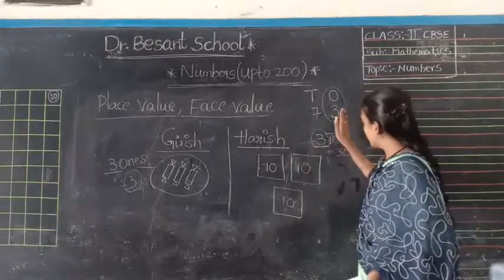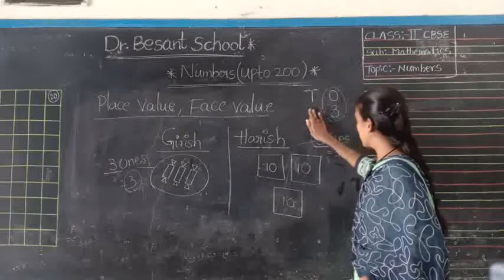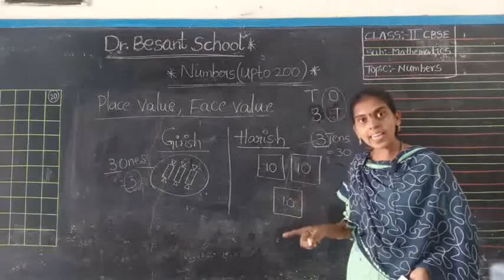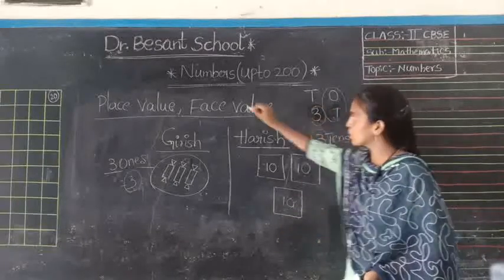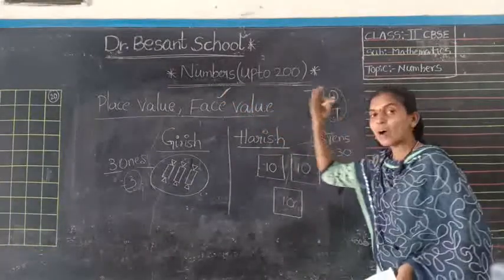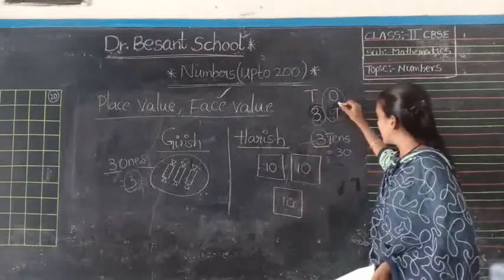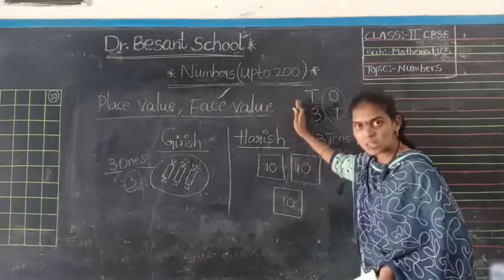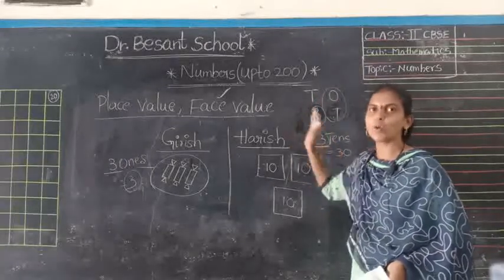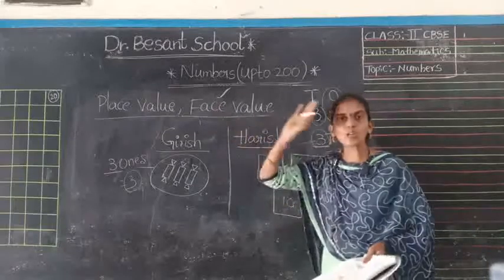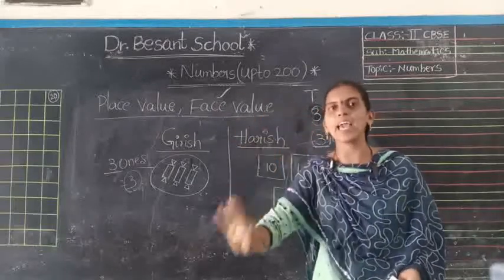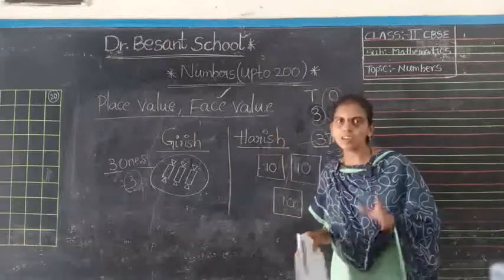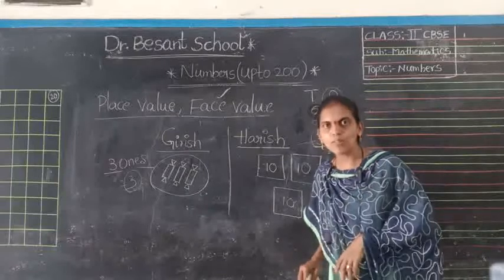For example, if the 3 is placed in tens place, let us write like this. Again if you see, the face value never changes. From ones place, the face value is 3 only. When the 3 moved to tens place, the face value is also 3 only. That means the face value never depends upon the place it occupies in the number. Is it clear what the face value is?